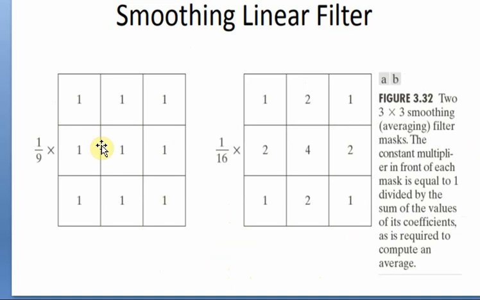One is the average filter, another one is the weighted averaging filter. So here you should consider the mask like this. More weightage is given to the center pixel, and so less effect to the neighbors. The 4 neighbors have less value, and the diagonal neighbors have very much less effect. So based on this value